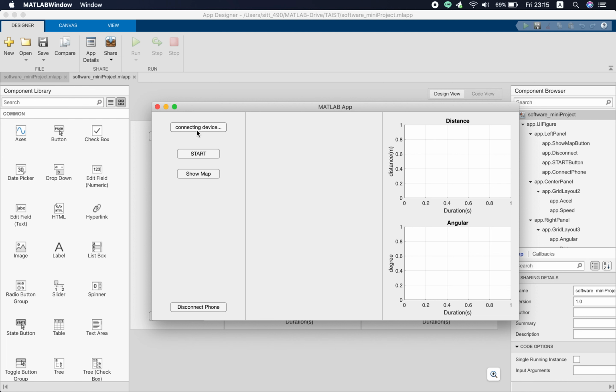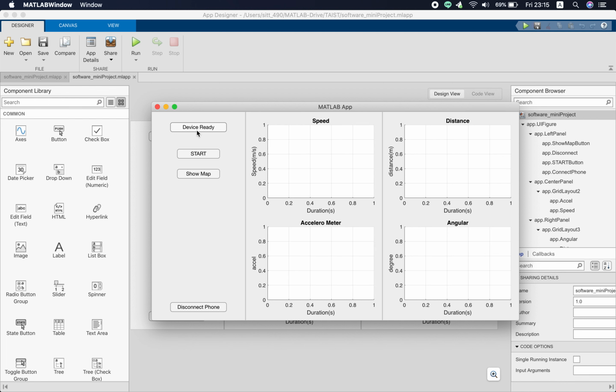As it said, connecting to the device. And after the mobile device is detected by MATLAB Mobile, it's going to say the device is ready. So for now, we can click the start button,